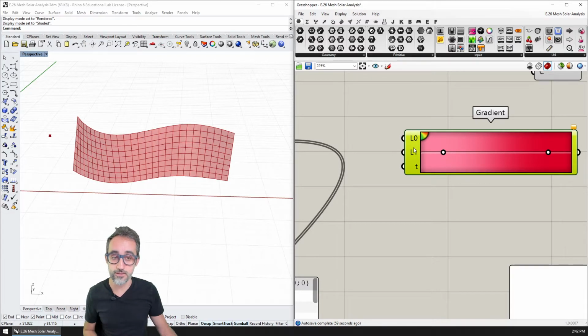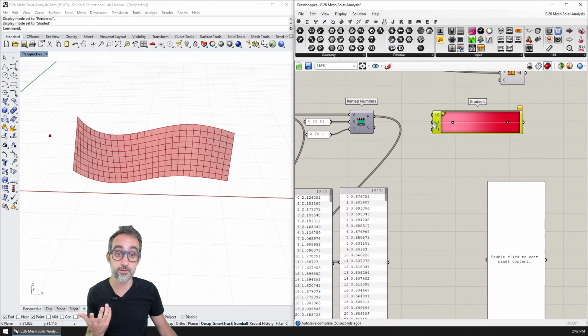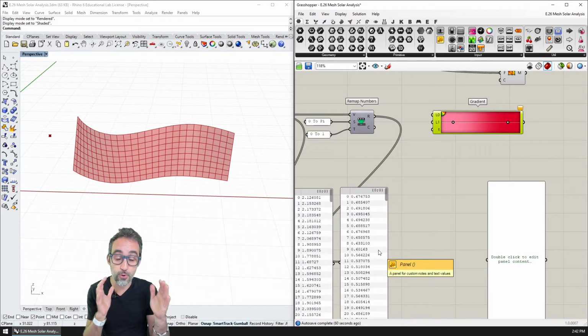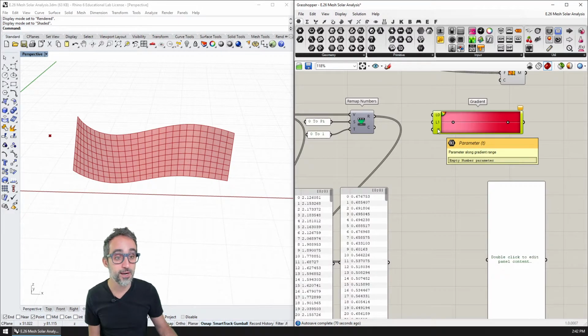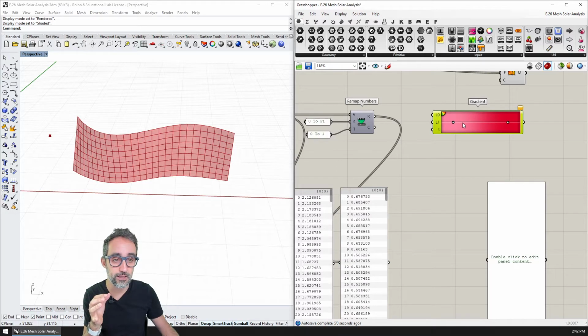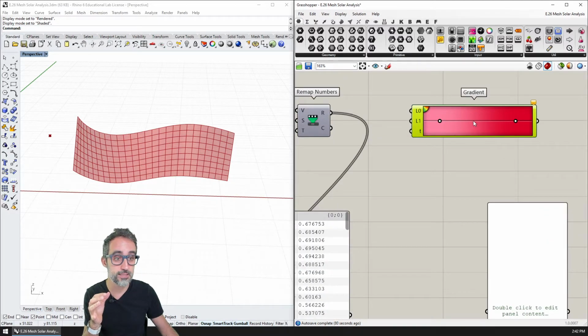And these are numbers. Right now they are 0 to 1. I'm going to keep that because my values are also within the range from 0 to 1. Then what the component will do is that for any value that I give it within that range, it will generate a color based on this nice UI gradient here. Whatever value falls within that scope from 0 to 1 will fall within that gradient.